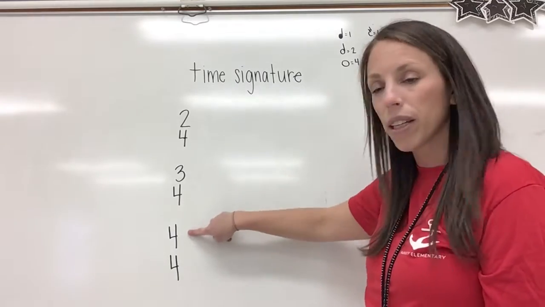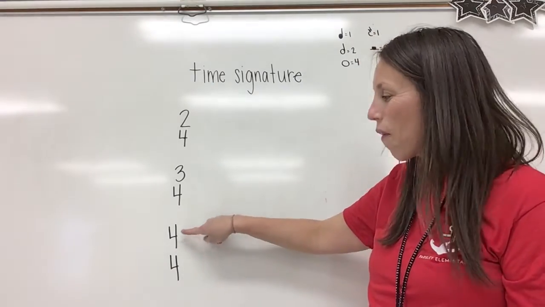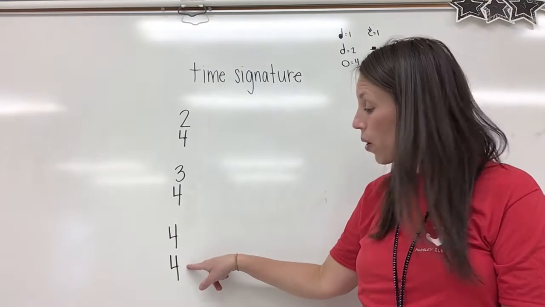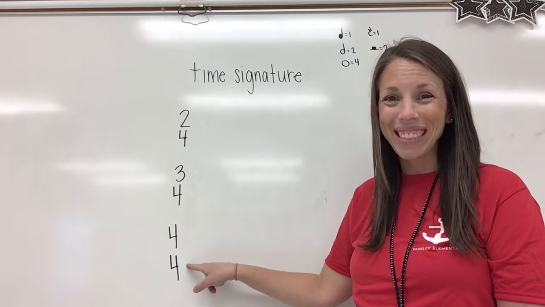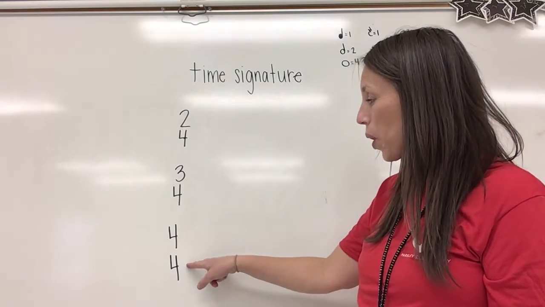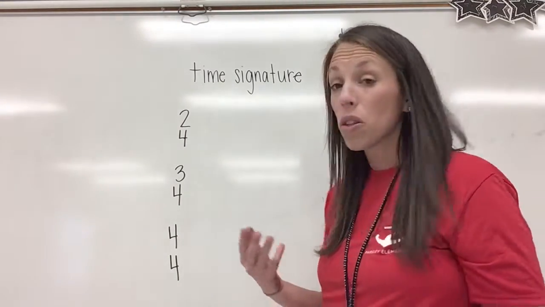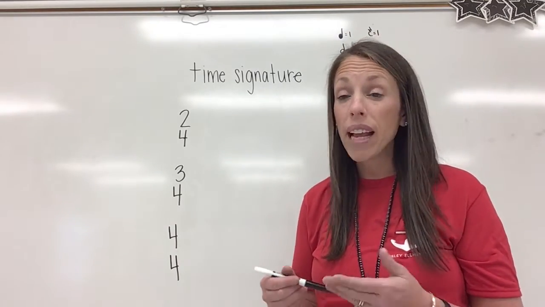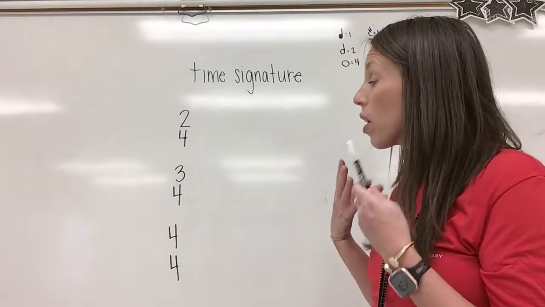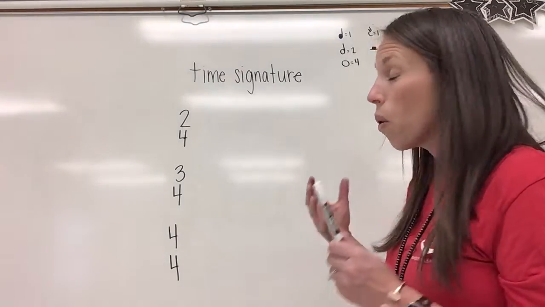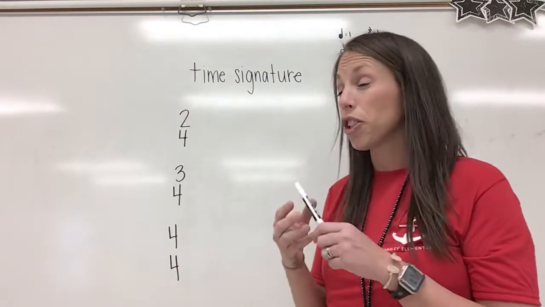How many beats will be in each measure? 4, that is correct. And which type of note gets the beat? That's right, our quarter note. Fantastic job. So, now when we are thinking about composing in these different time signatures, we very much so